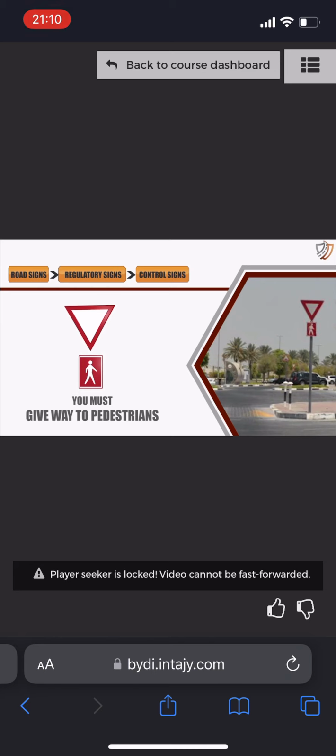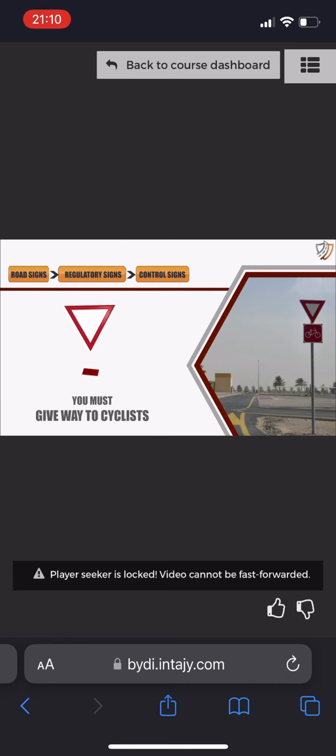When you see this sign, slow down, look for pedestrians, and if they are present near the road or junction, be prepared to stop in order to allow them to cross the road safely. This sign means give way to cyclists. It can be found on the junctions or roads where there is a cycle riding track crossing that particular road or junction. When you see this sign, slow down, look for cyclists, and if they are nearby, always give way